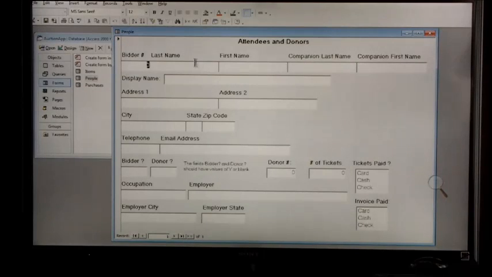So we are now on the people form, which you've seen before from entering information about a donor, and here we have this person whose last name is Jones and his first name is Phil, and his companion's last name is also Jones and her name is Mary. You may of course have a couple who are not married who have different last names. That's perfectly all right. For your display name, we'll put in Phil